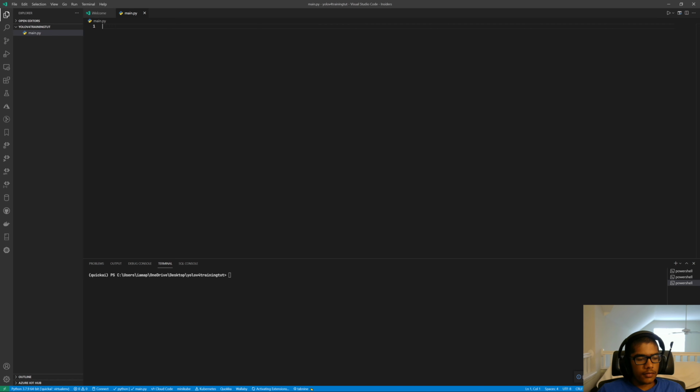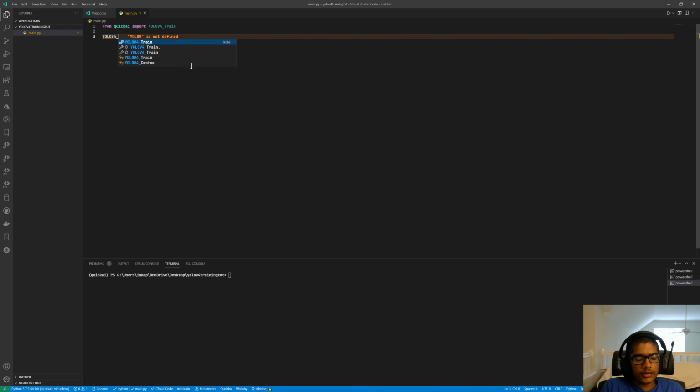In this Python file, we're going to start by importing the modules that we need. So we're going to start with from QuickAI import YOLOV4 train right there. And then once we have that set, we're going to start writing the code that we need. So you can see, come to a new line, and we're going to call YOLOV4